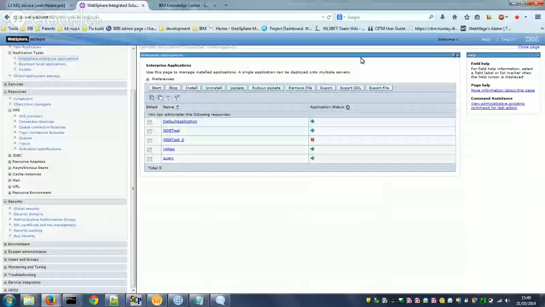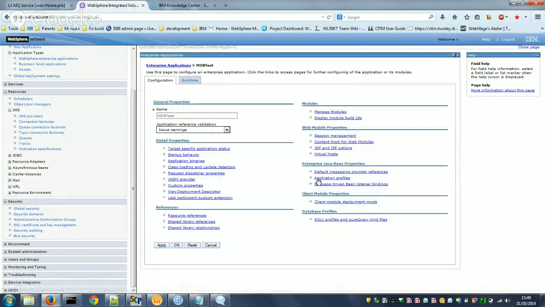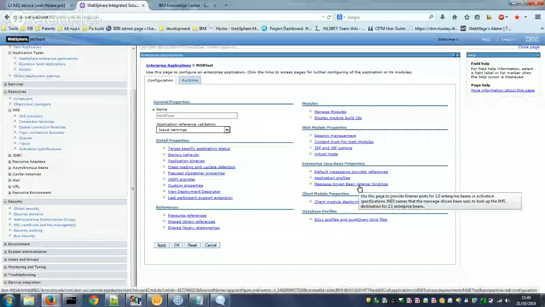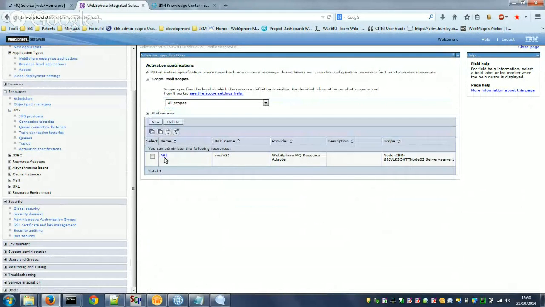Okay, so I hope you can see here I've got a WAS admin console and I've got my list of enterprise applications here. So this is the application that I'm going to be using today to test, called MDB test. And if I go into the application itself and go to the message-driven bean listener bindings, this is a message-driven bean. So all this application does is pick messages up from a queue on the queue manager, and that's from the location defined in this activation specification here, AS1 and this queue. So if I just go quickly to those definitions so we can see where it's going to, this is AS1,